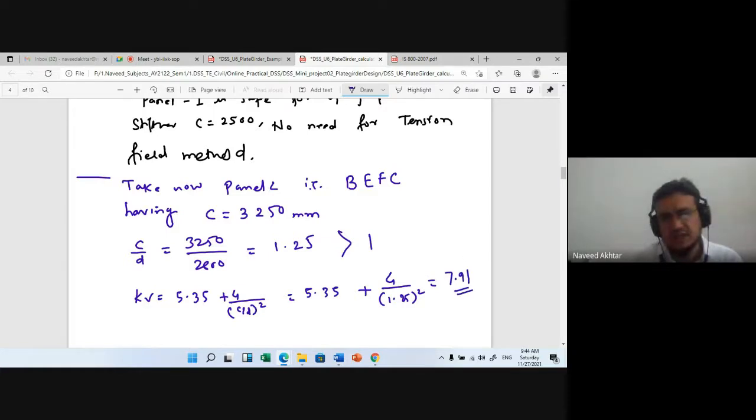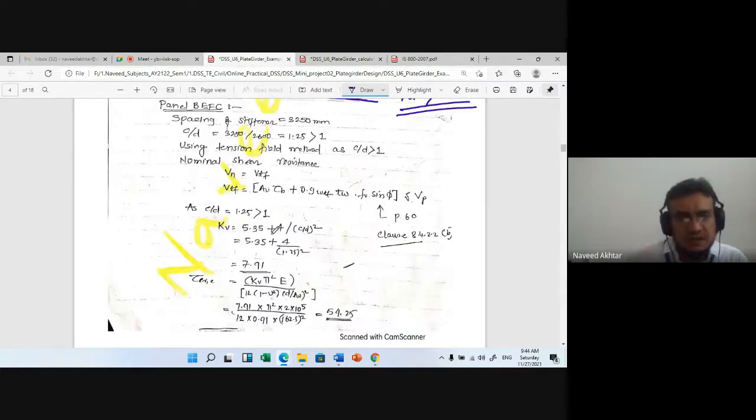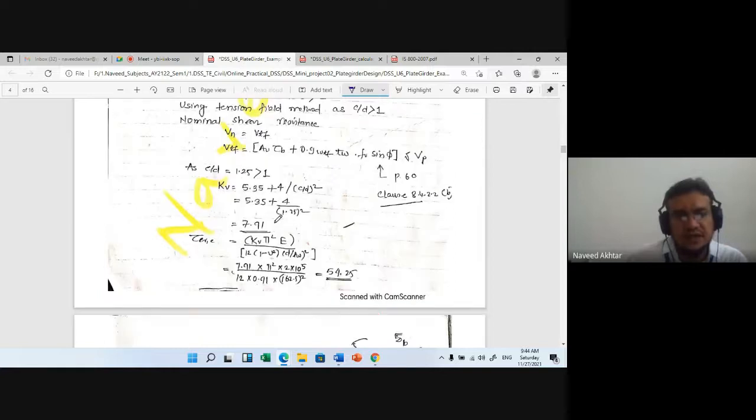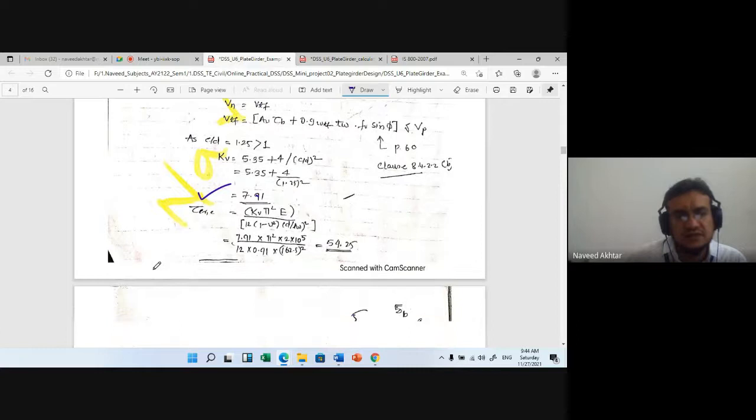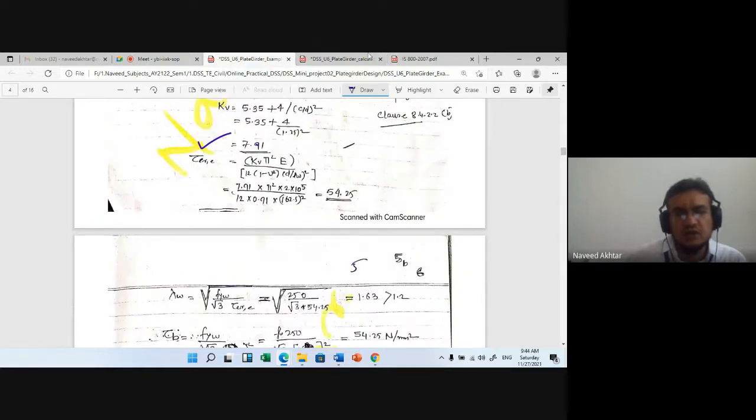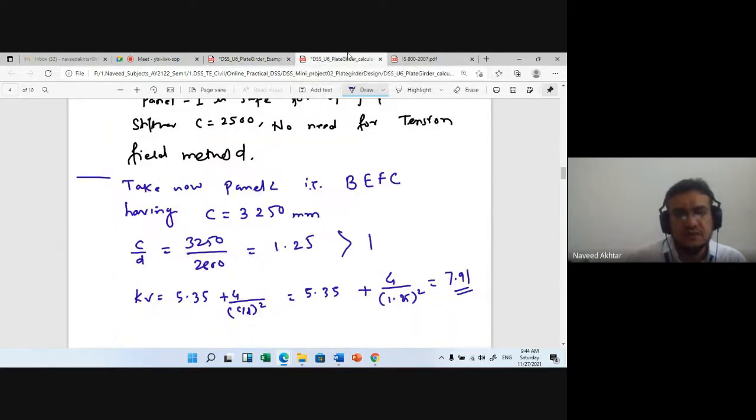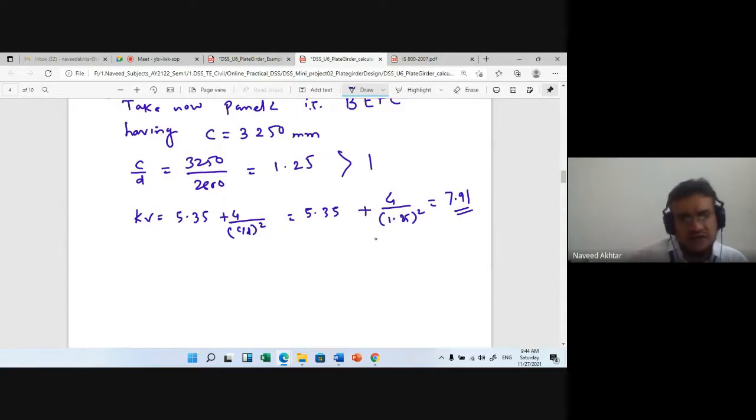7.91 is the value of kV. Okay, so kV is 7.91. So in our case also. Now again you have to find out tau CRE. So tau CRE, you know the formula,